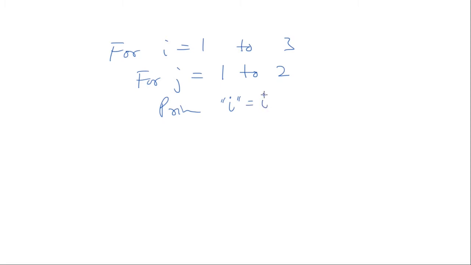The printing is happening under a J loop, and to show you how it works, let me first give you a simple one: for I is equal to 1, 2, 3, for j is equal to say 1 to 2, print I is equal to I, so that I know what is the value inside, and then comma some space j is equal to j, next j, next I. Can somebody tell me what is the output for this? Can anybody tell me what will be the output for this?